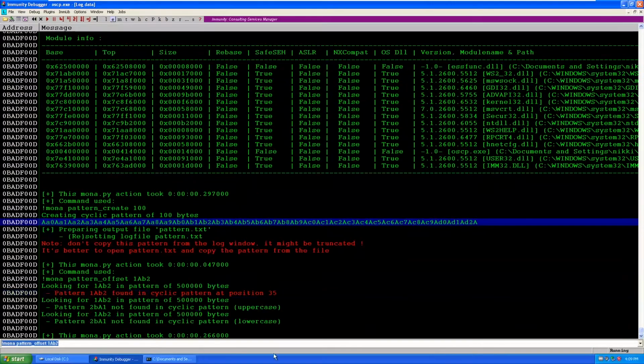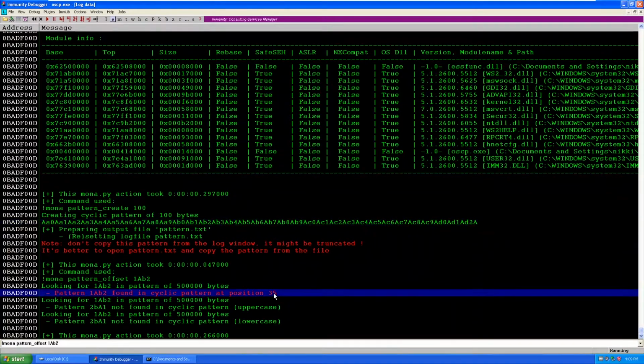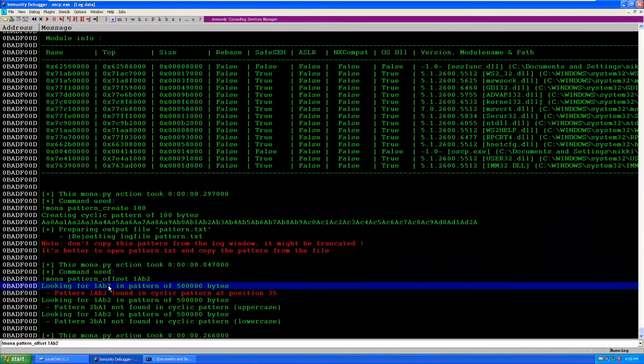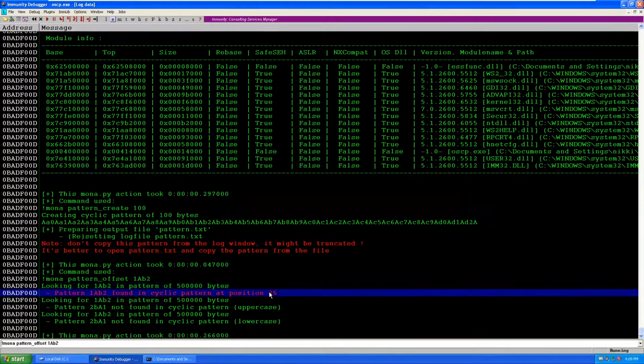If I click this, you can see 1Ab2 found in cyclic pattern at position 35. Notice that it also checks the uppercase and lowercase, but we don't need that because we have given this pattern, and it says at position 35.